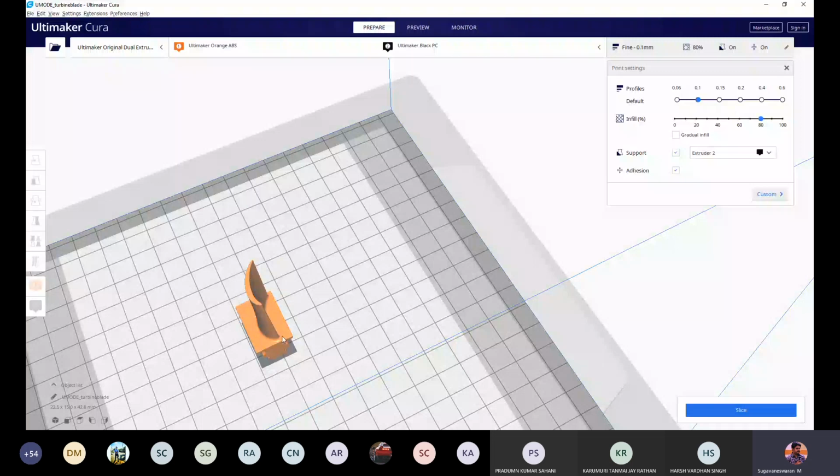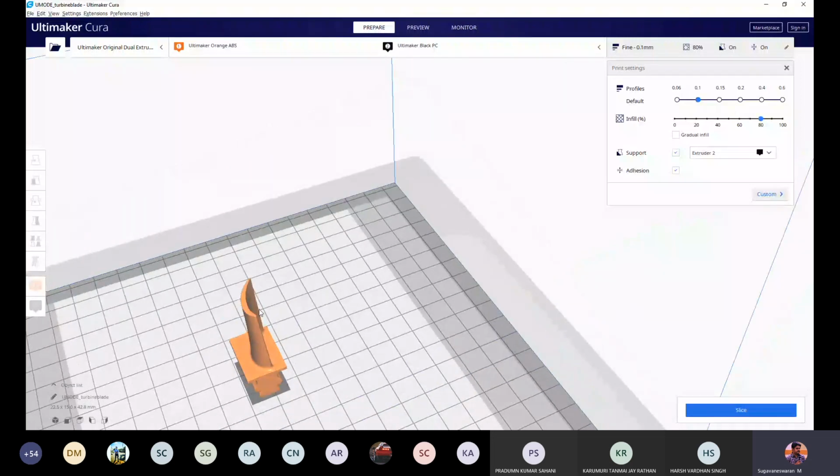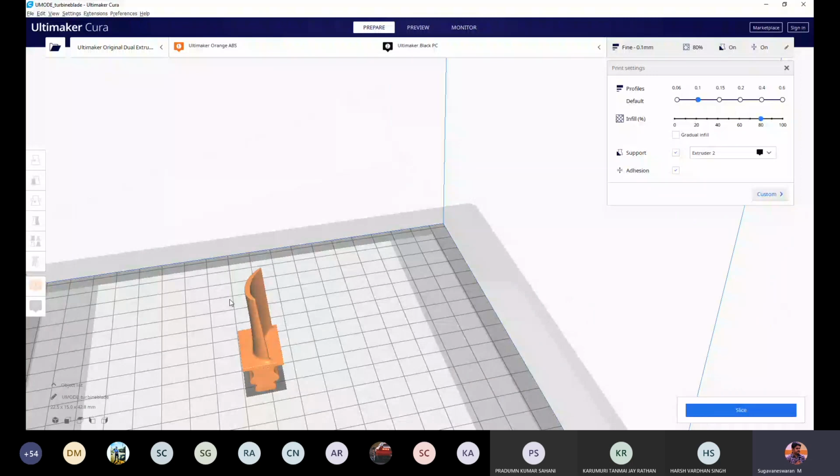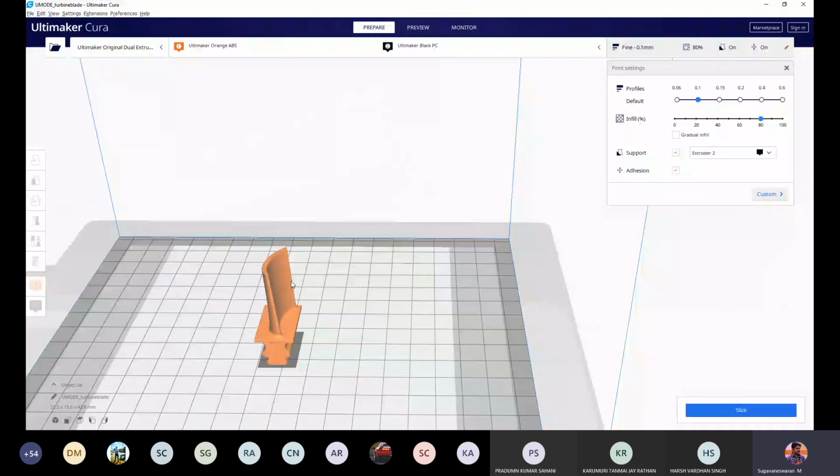Then I will save the CAD model into an STL file. Only if you have an STL file, then you can import this into the software. You cannot import a CAD model into this software. You have to save the CAD model into an STL file. So what is STL? Why do we require STL? That we have discussed in the last lecture. Now we brought the STL file into the machine.